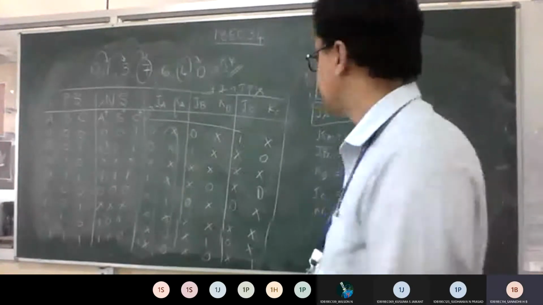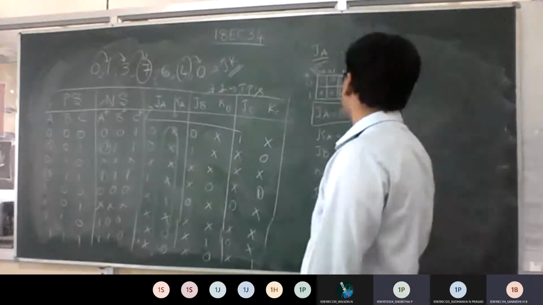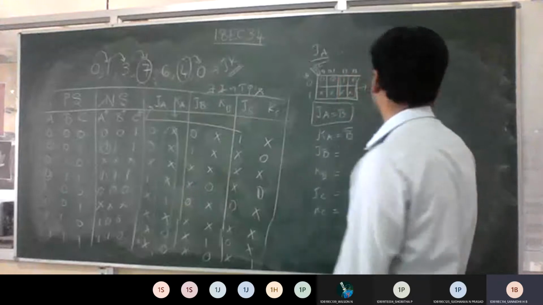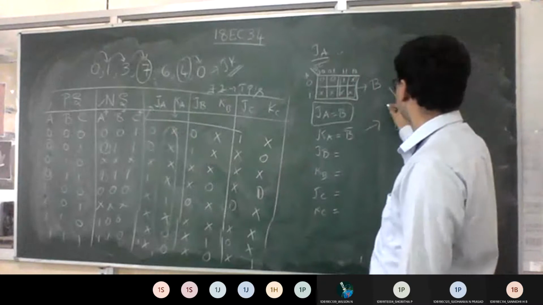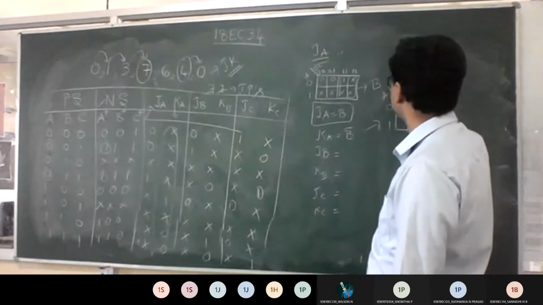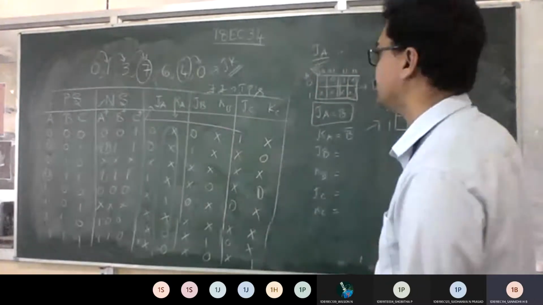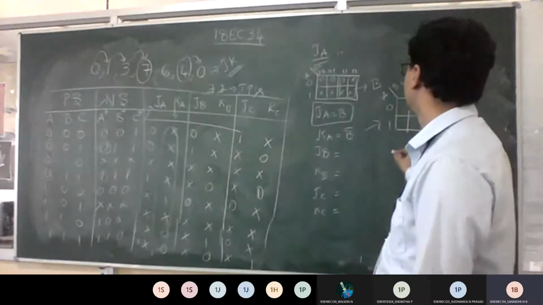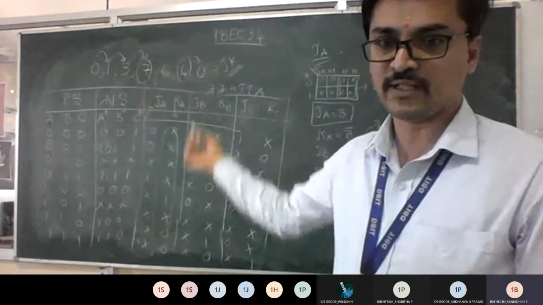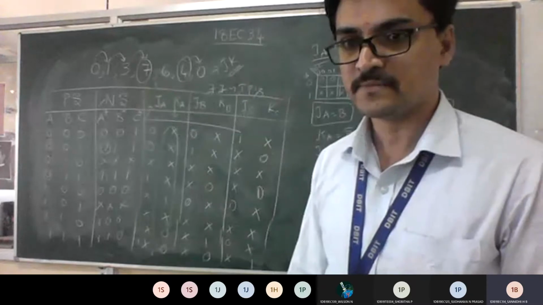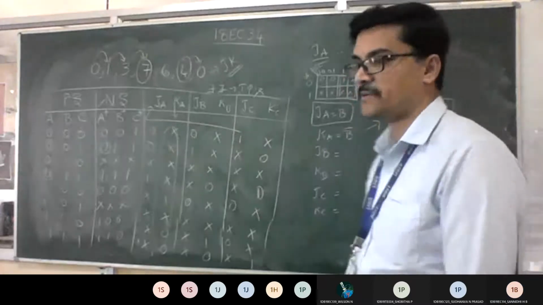QB bar. You will get Q also. Sir, only B bar. I took QB. Okay, if you have doubt, let me trace it once more for you, so that your doubt will get clear. So 0, 1. So take A, B, C. See, there is no Q in the sequence, right? It is only A, B, C. I took Qs. Okay, fine. According to your input, you can change, not an issue. If you take your present state, next state as Q, that is fine. So is it B bar? Yes, sir. Okay, good.